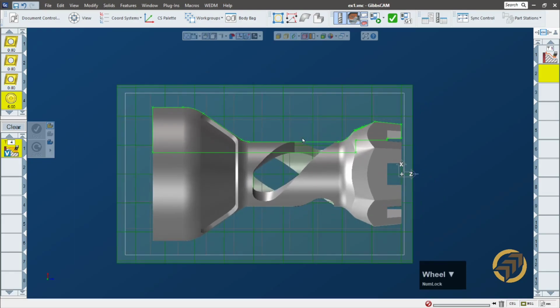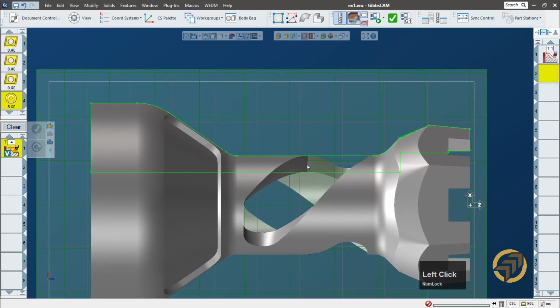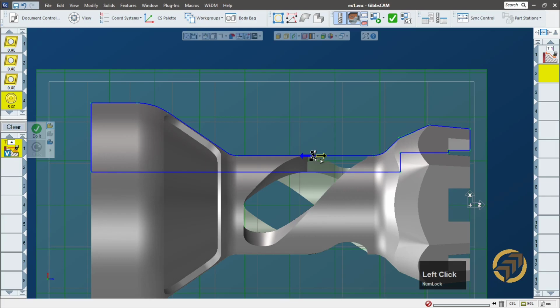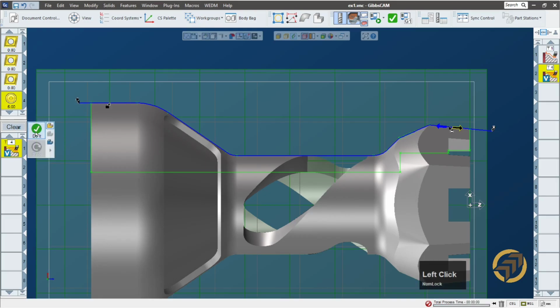And next is to select the contour, from where to where you want to rough this part. So I'll select these selections, and for the starting section, I will locate this section here by dragging the box, and this will be the starting point. The black box is the end section, so I put it here, and the point is the end point. It's somewhere here will do. And then just click do it,